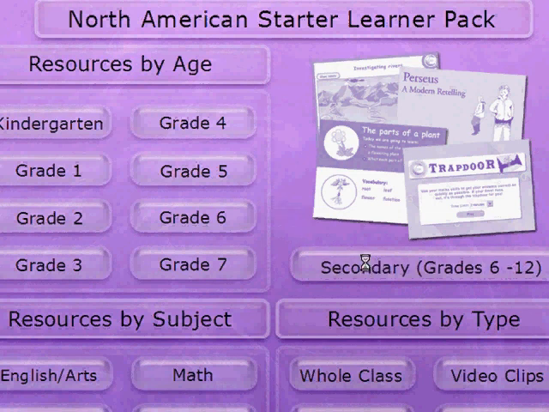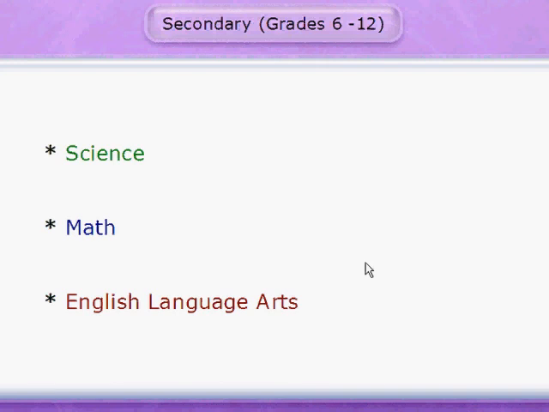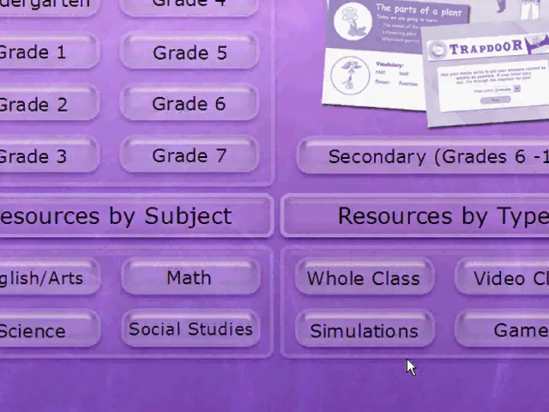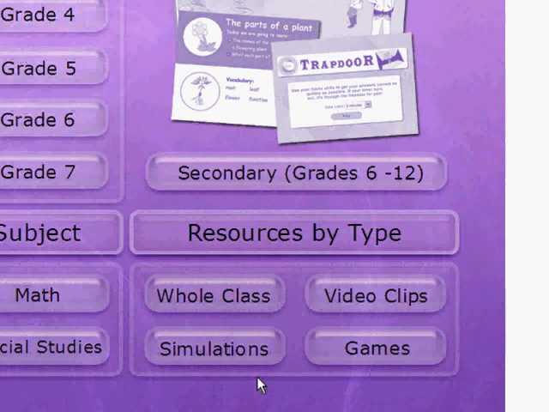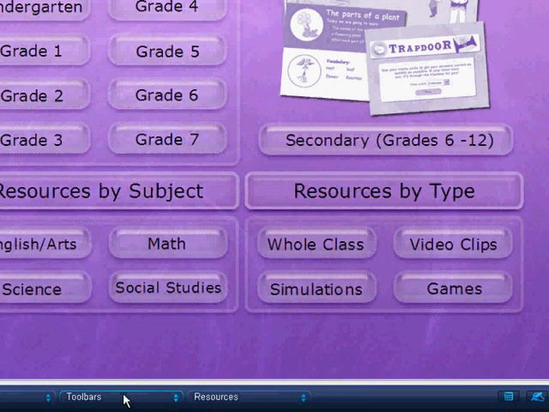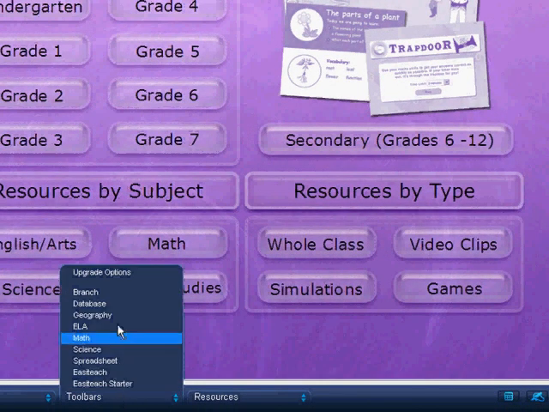But then we do have secondary content from our secondary content packs. We have science, math, and English language arts activities. Throughout all of our 3.5 starter pack, there are over 42 activities and lessons. It also includes 2 math games, interactive simulations, whole class activities, and video clips. For more on our subject area toolbars, geography, English language arts, math,